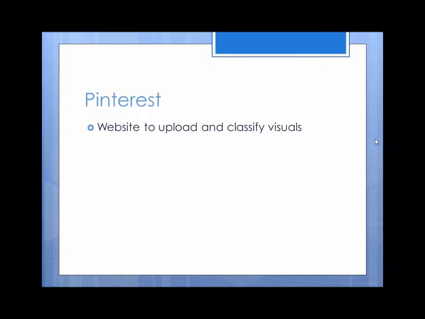One of the analogies often used to talk about Pinterest is that they tend to compare it to a visual type of bookmarking system. For those of us back in the day who were very familiar with Microsoft Internet Explorer, we were accustomed to creating what we call favorites. With favorites, we would go to a web page, and if we wanted to return to it because we liked it, we would add it to a folder or create a link so that later on we could click the link and return to that page. Pinterest operates in the same manner.